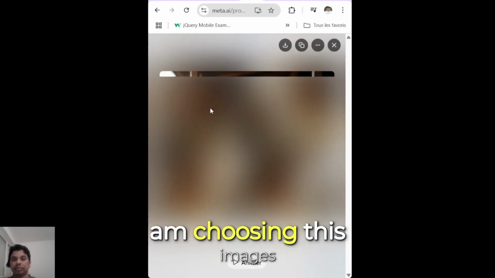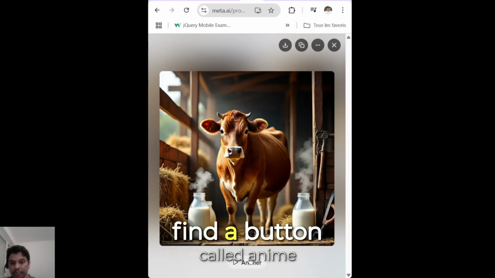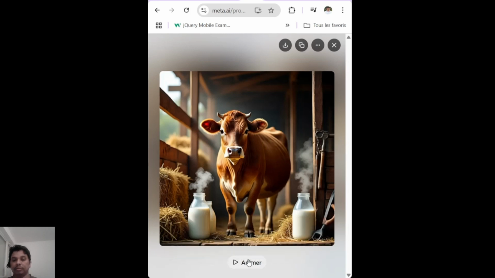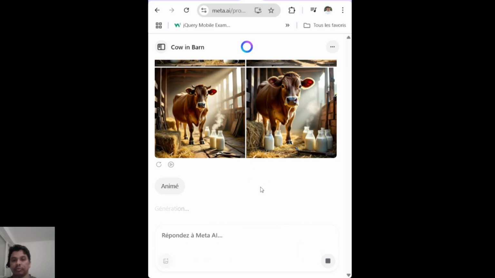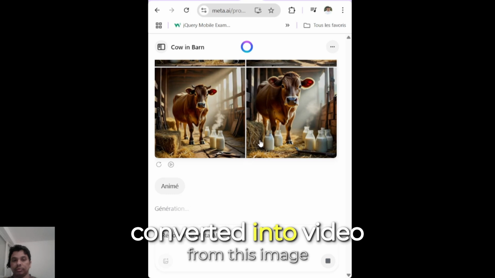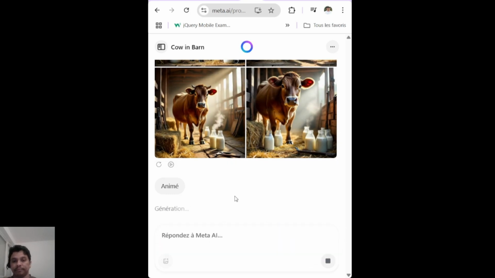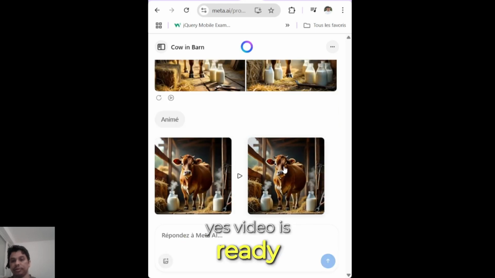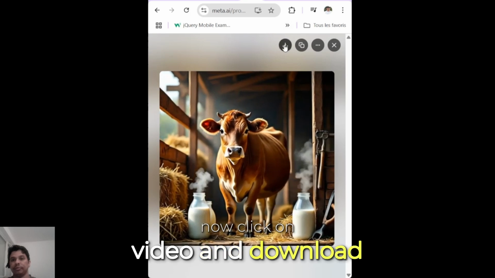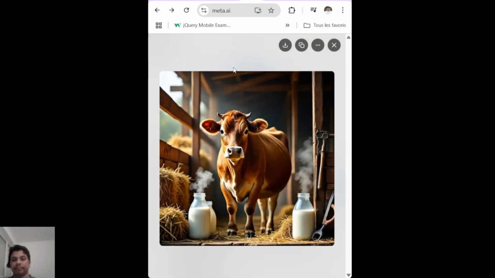I am choosing this image, and under the image you will find a button called animate. Click on this button. It will be converted into video from this image. The video is generating. Yes, video is ready. Now click on video and download. In this way,